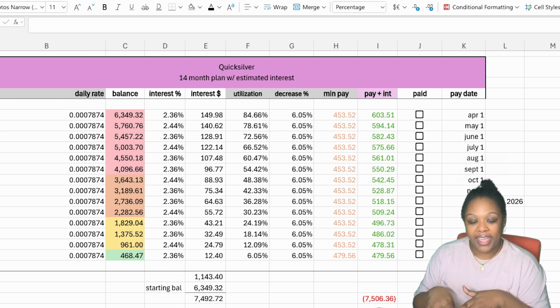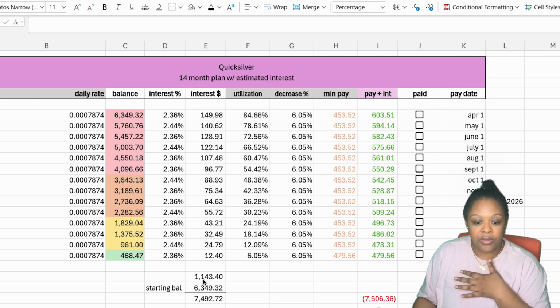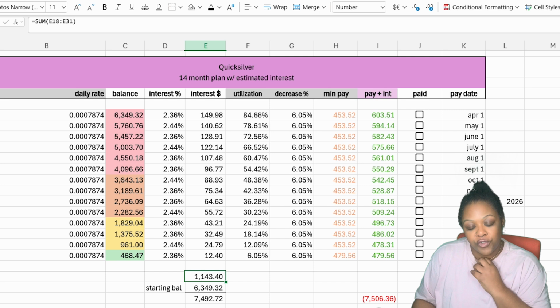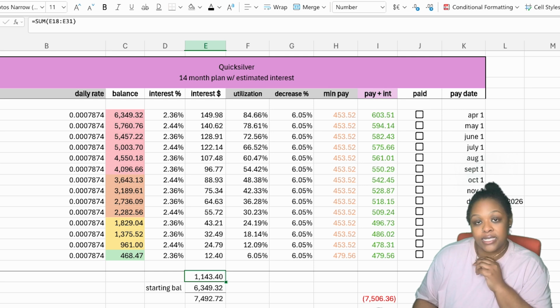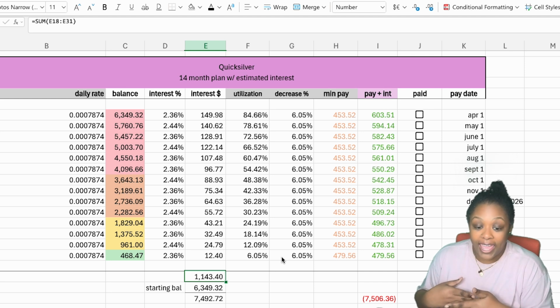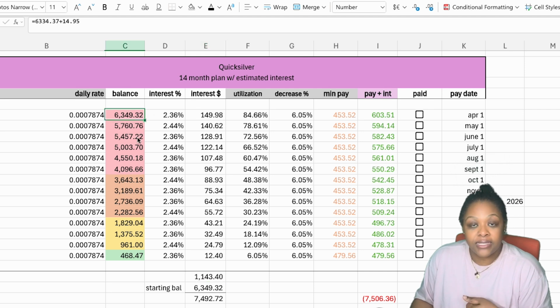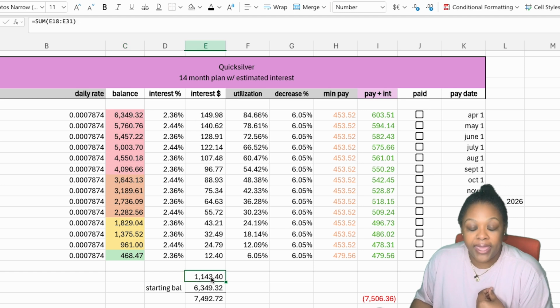And then down below, I have some totals, okay? My total interest that I'm going to be paying, this column, $1,143.40. And that is best case scenario given that I can actually pay this off in 14 months. That's why and how these credit card companies stay in business, just based purely off of interest. So even though my starting balance was $6,349, I'm going to end up paying $1,143 in interest. So it's going to cost me